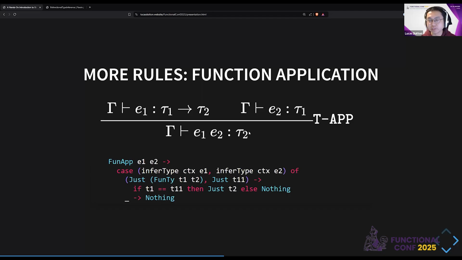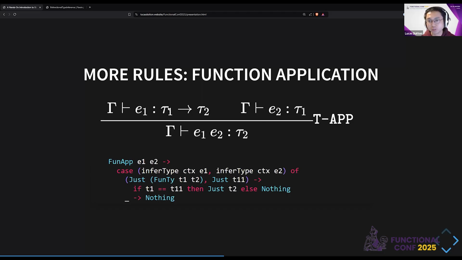To be able to get this, we first need E1 to be a function type, which means it needs to be of type tau1 goes to tau2. And since we're applying E1 to E2, that means E2 needs to have type tau1